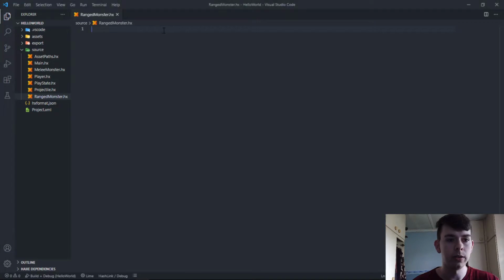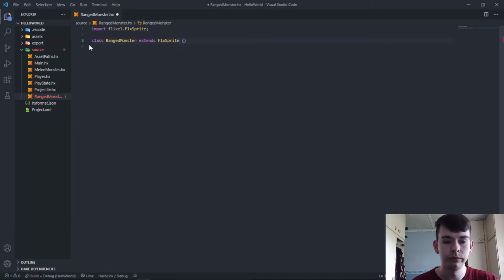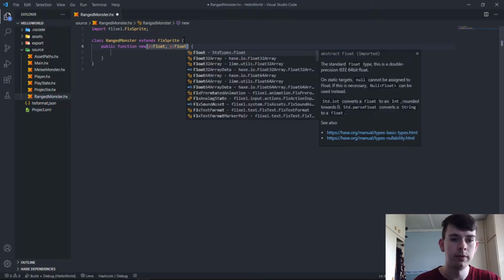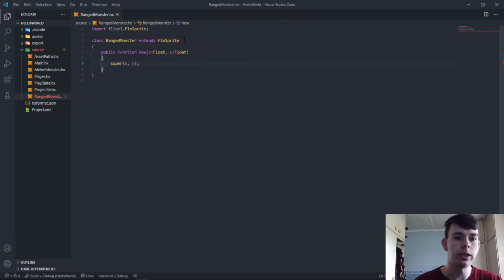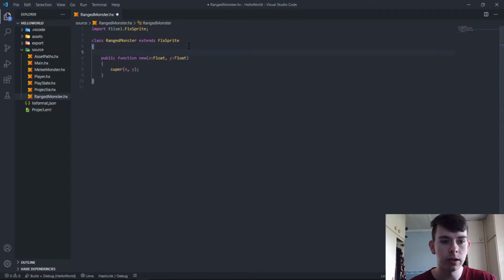Okay, so we'll say class RangedMonster extends FlxSprite, and then new, x Float, y Float, and then super(x, y). Awesome. Now the ranged monster would be a bit different than the melee monsters, since we don't